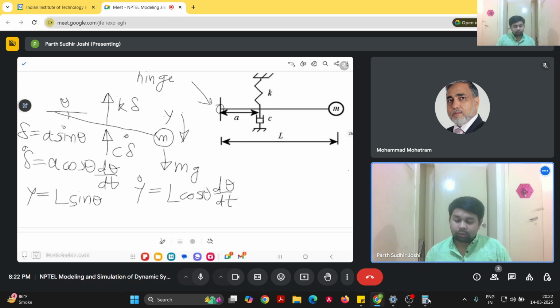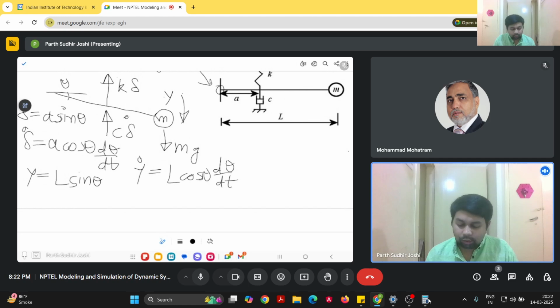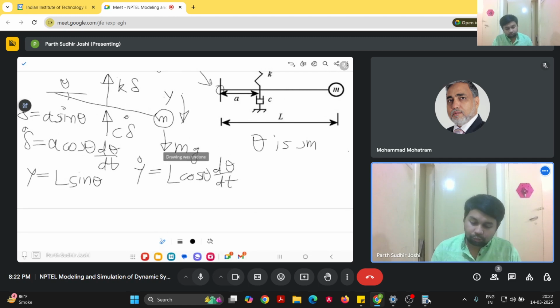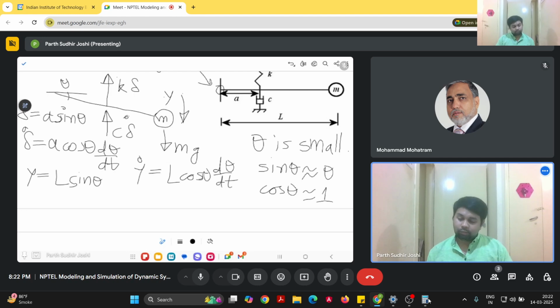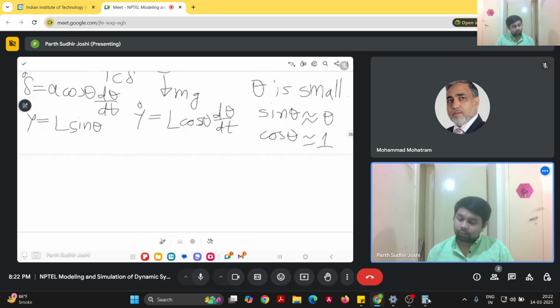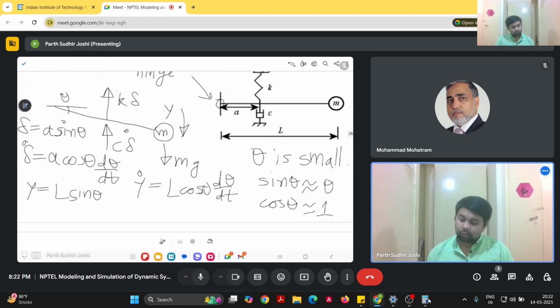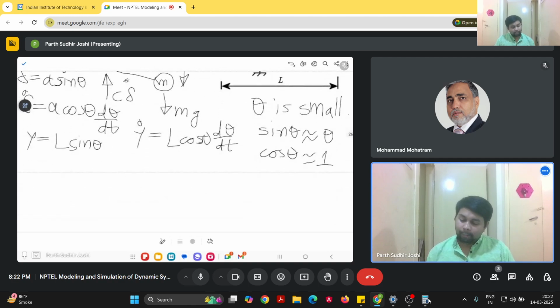Now if we assume that theta is small, then sine theta is nearly equal to theta, and cos theta is nearly equal to 1. So then we get